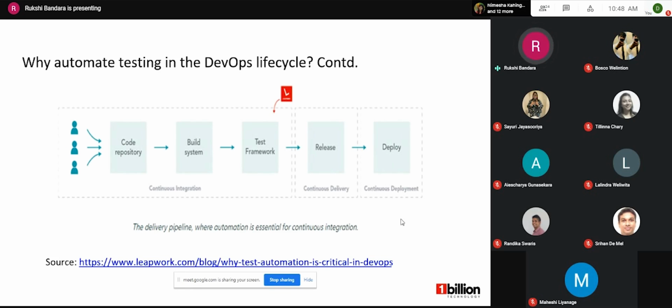So the cycle time becomes long and inefficient, and it also costs a lot. So to avoid this scenario where testing becomes time consuming, error prone and costly, automation is introduced. So let's talk about test automation in DevOps.